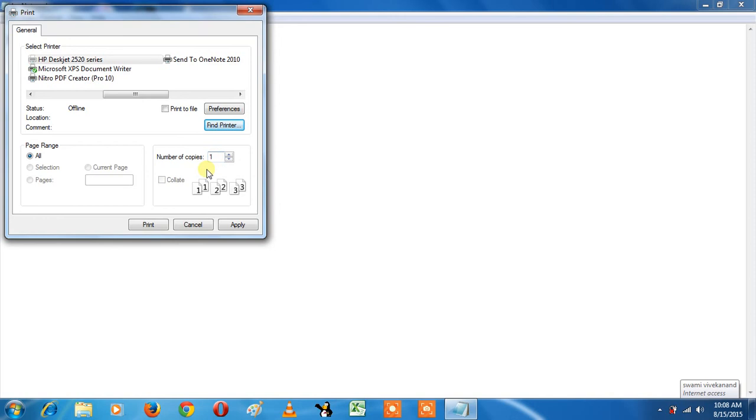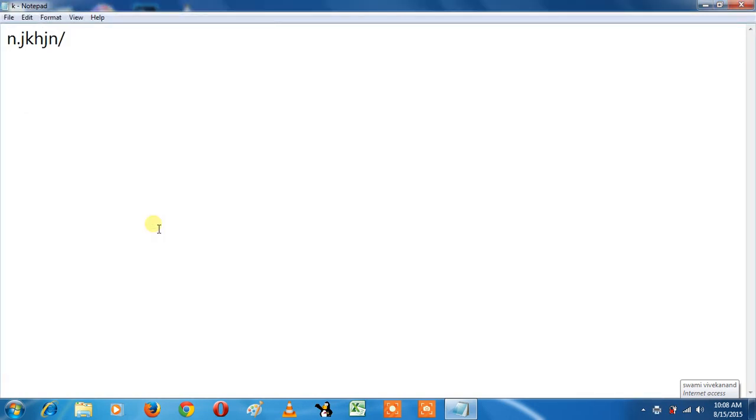Okay friend, and you have to select print. Firstly you have to select apply, then all the conditions you selected will apply to your page. Then select the print option. This will give you a printed output. Whatever functions you selected, it will give the same, and it will print out and give you the output.